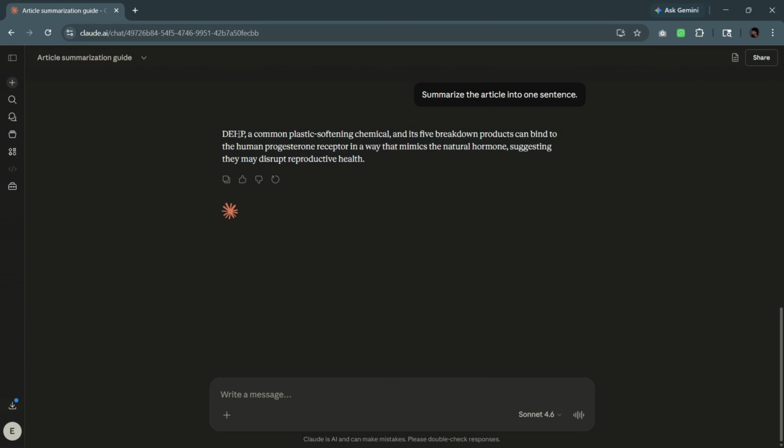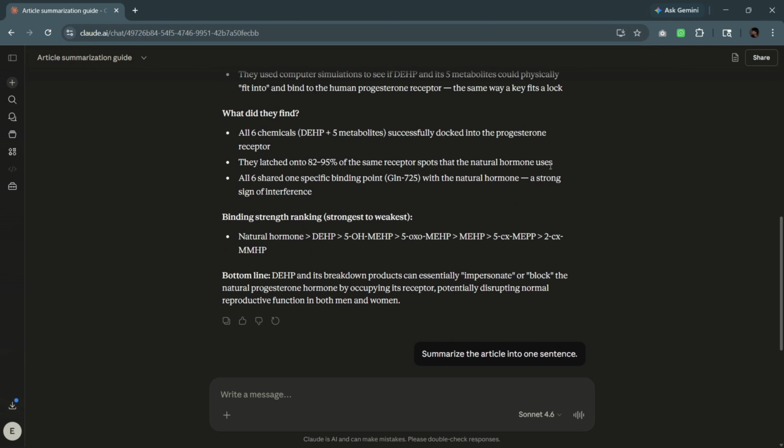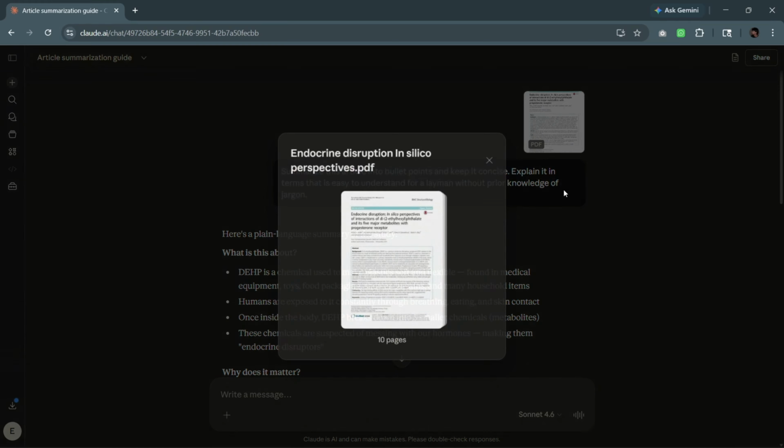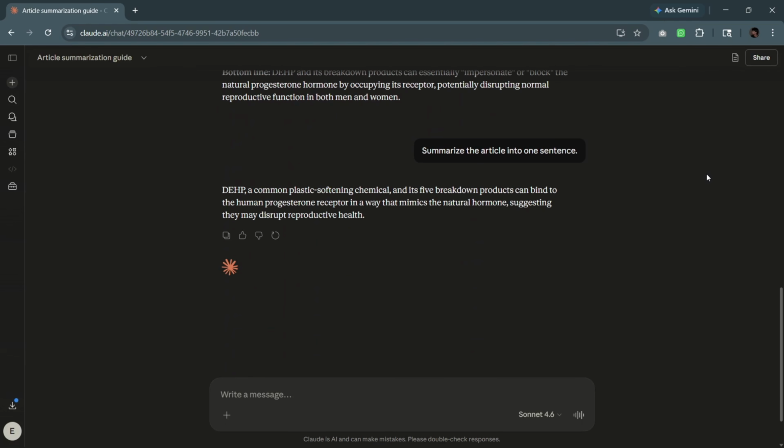Here we go. DEHP, a common plastic softening chemical, and its 5 breakdown products bind to the human progesterone receptor in a way that mimics the natural hormone, suggesting they may disrupt reproductive health. So that's very concise, and I would not have had to read through this 10-page journal article right here to